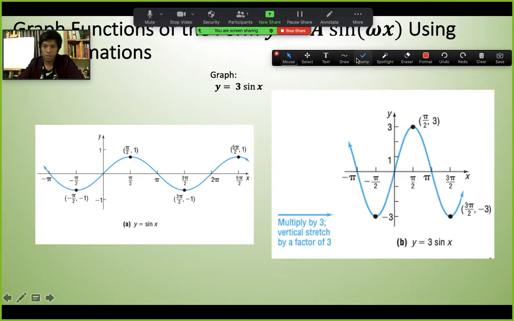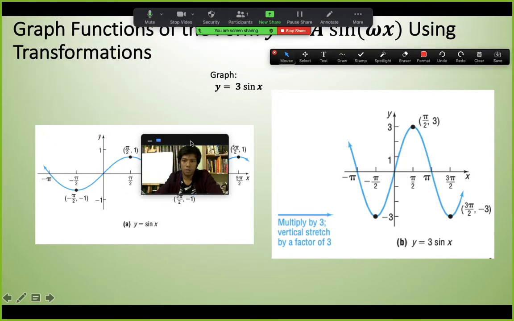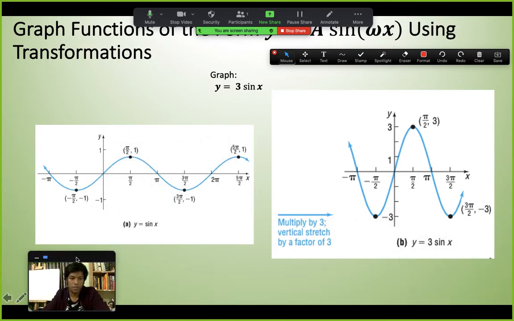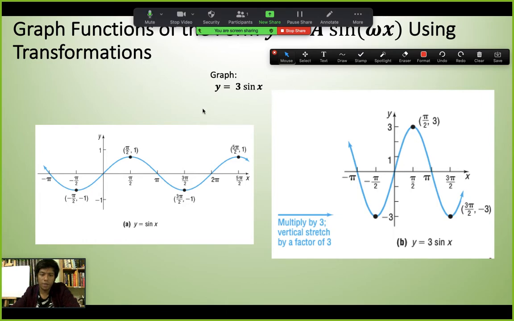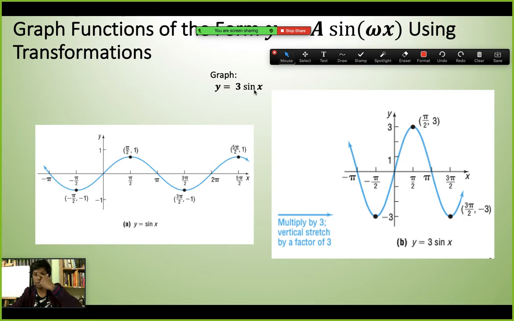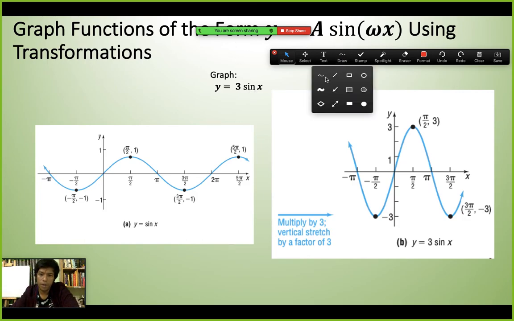let's look at how we do the transformation for the sine function. Let's say we have a graph like y equals 3 sine x, instead of sine x. So what will happen for a number here? Suppose 3 sine x, 4 sine x, what will happen? So you see that for this 3, it will give a vertical stretch,